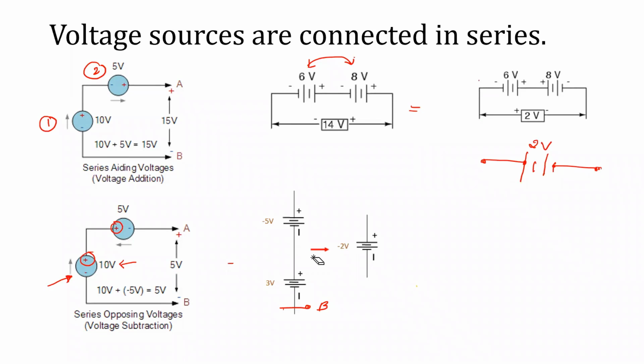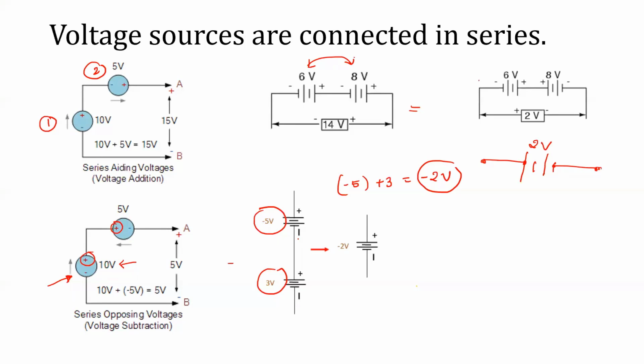All right, next, follow this formal problem. Here a 3 volt and a minus 5 volt are connected in series, and you can observe that negative and positive alternate polarities are shorted, so minus 5 plus 3 is the result, that is minus 2 volt. These two are added, out of which one is negative. The same value is added here.